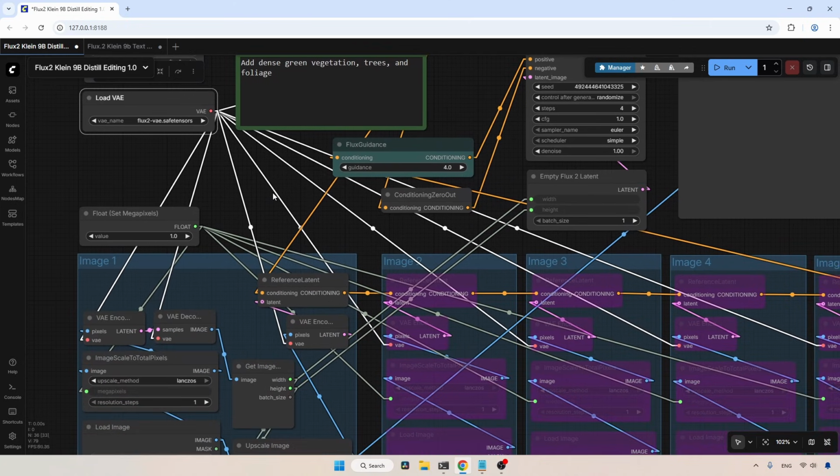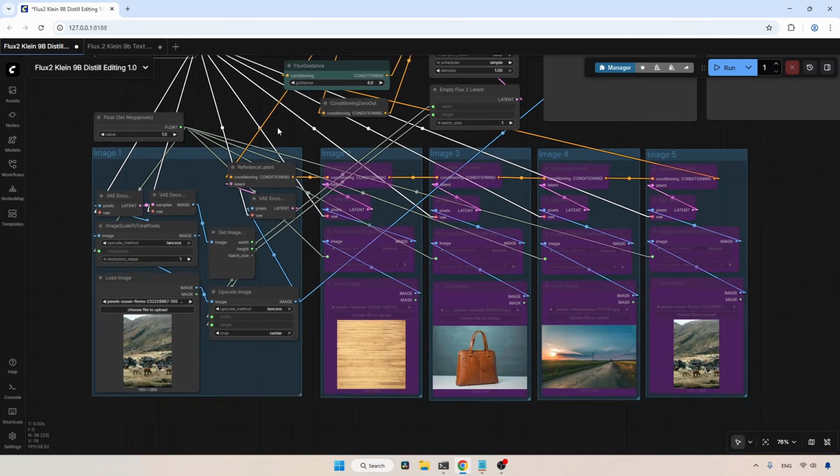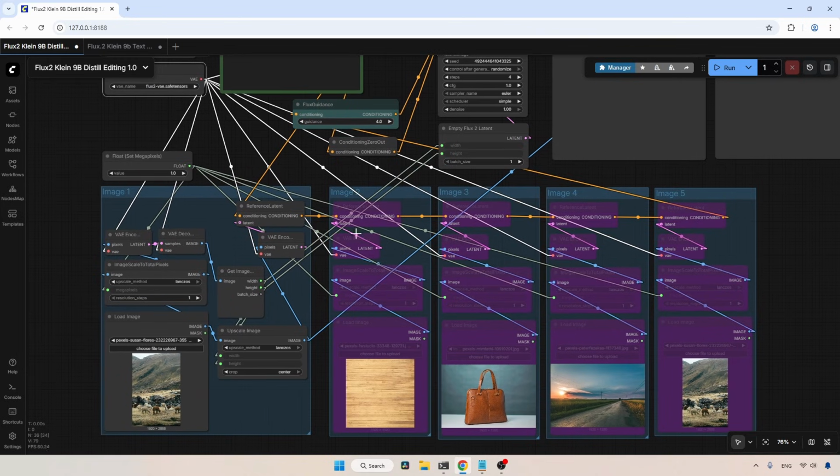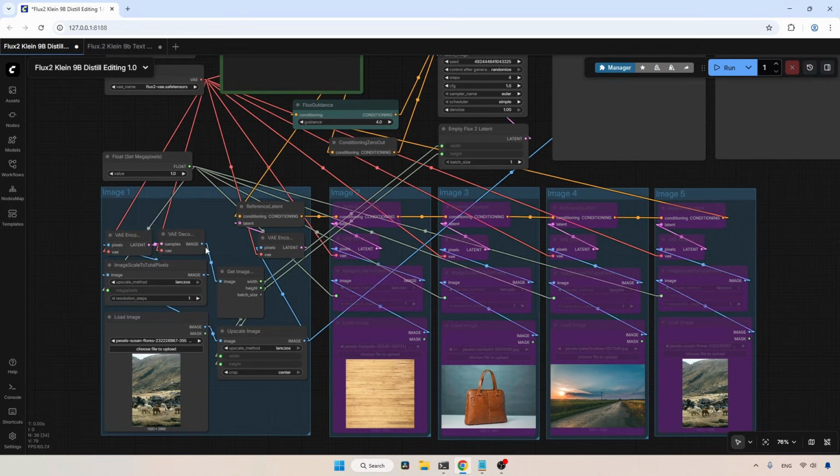Now, let's talk about the image loader groups. In this workflow, we have 5 image loader groups, which can load 5 different images to create new composites. In each group, there is a load image node. The loaded image is rescaled in every group using the image scale to total pixels node. However, in the first image loader group, there are extra nodes designed to reduce pixel shifting in the generated images. I always suggest using this first group for your main image, as it is also the group used for setting